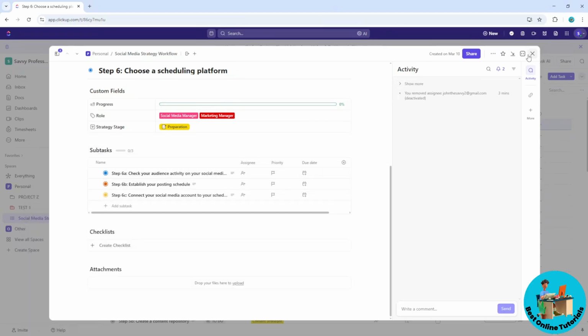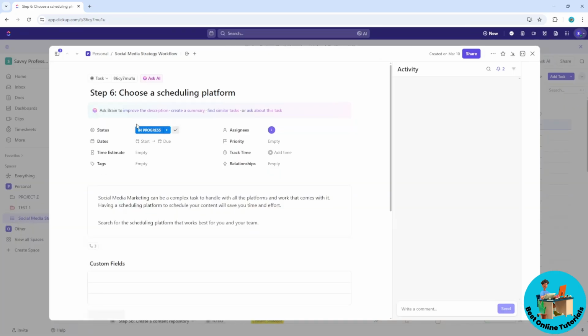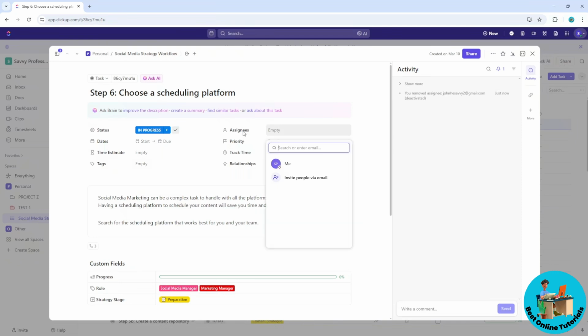So first thing that you will do, guys, is simply go to one of your lists, and now just go to the task that you want to give access to, and click on it. And now let's say I'm going to go for this step 6. From here you will have assignees. Just click on this one over here, guys, and after that, select invite people via email